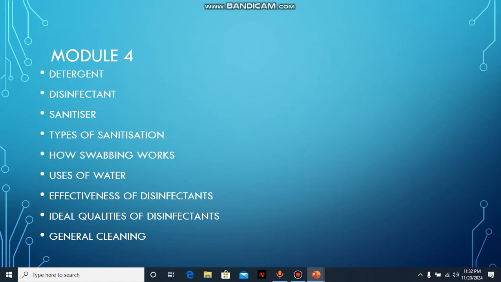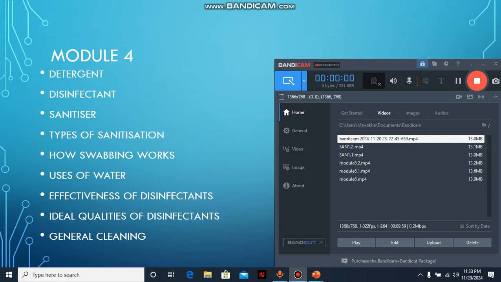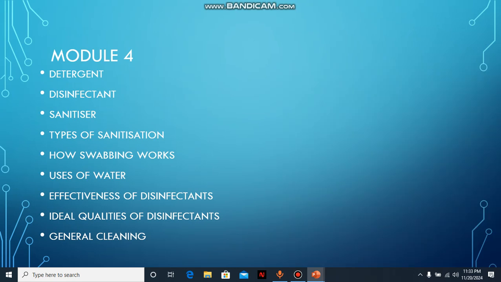So how swabbing works. The examiner would ask you how swabbing works. You must be able to explain this kind of thing. So before we jump to how swabbing works, there's sterilization. Guys, you need to know what sterilization is. So remember when I was explaining the highest level of a disinfectant, I said it kills. So that means you can say sterilization is a process whereby